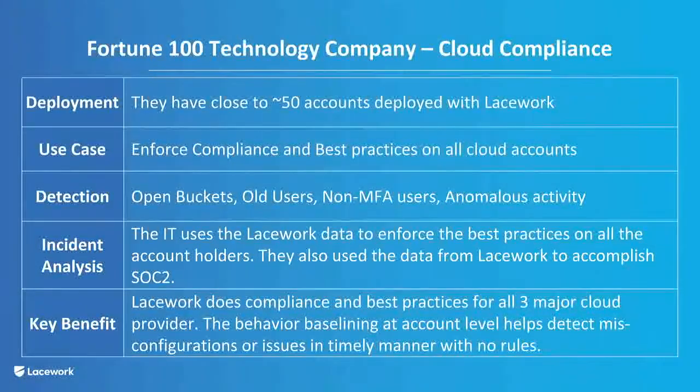The key outcome that we deliver for this particular customer is, once you agree upon the guardrail and tune those guardrails in our platform, the development teams and the operational teams that are embracing cloud are completely transparent to those guardrails, and the security team is continuously getting a feedback loop around them. So they're managing their cloud journey at scale, with the speed of their teams and with the risk profile they have defined with these guardrails in mind,